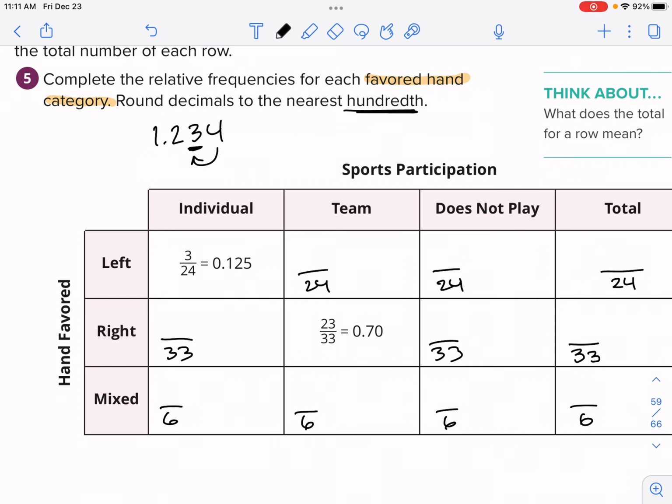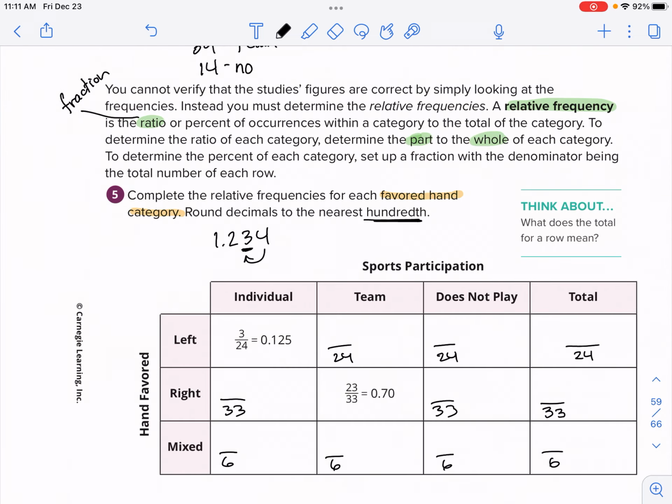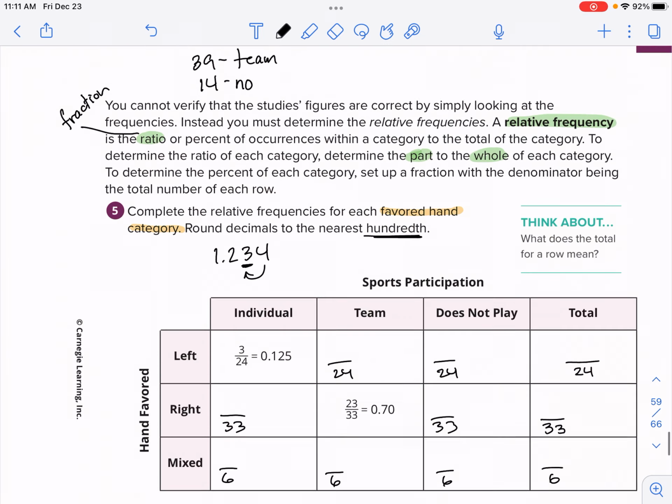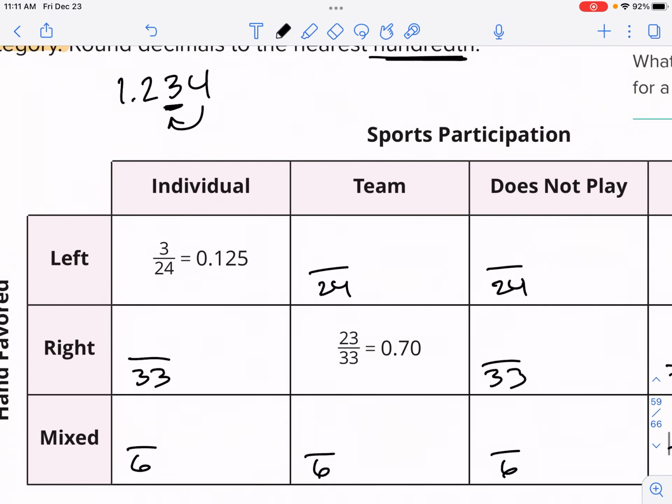So we're going to compare these subtotals from the previous one here. If you look right here, left and team, it's 13. So for left and team, it's 13 out of 24. You can plug this into your calculator, 13 divided by 24. It's a repeating decimal, right? It's going to be